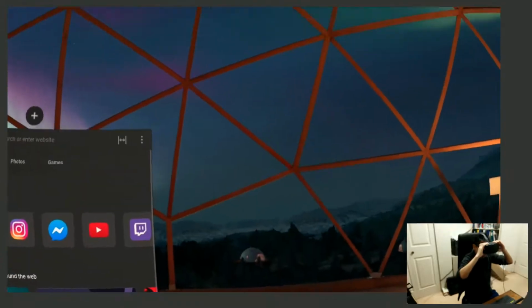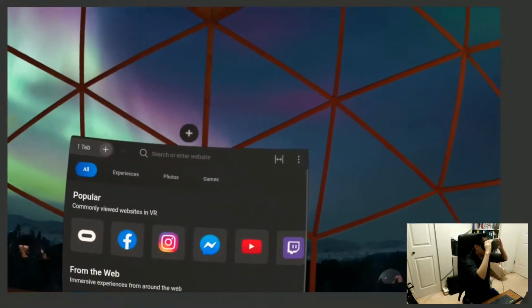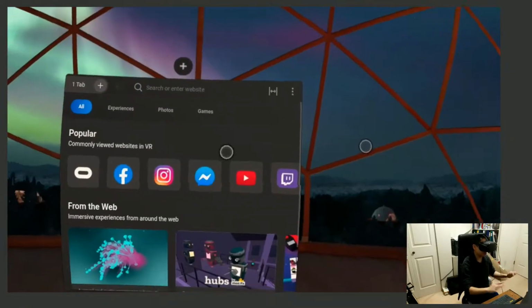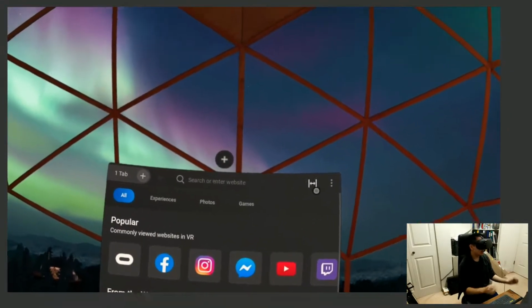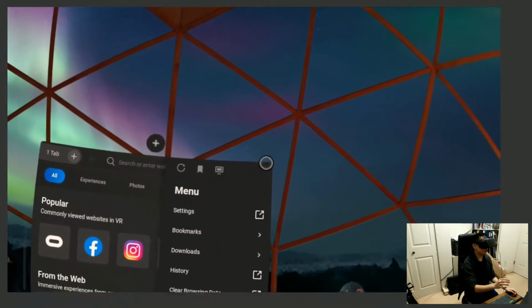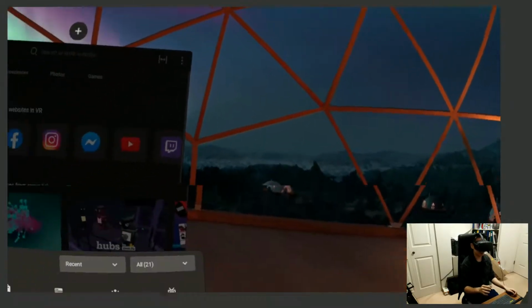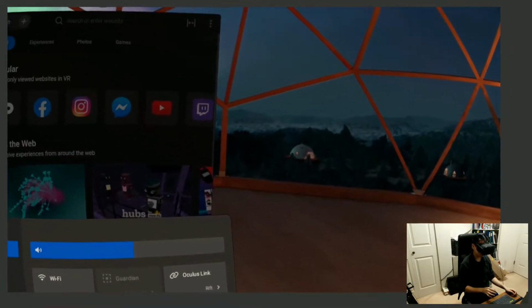So I'm just gonna put this on. Check that you guys can see the screen. Perfect. Here we have it. Let me just get my hands out here. This is the browser, and so I originally wanted to do this all in front of your screen, try and figure out the best way to do this